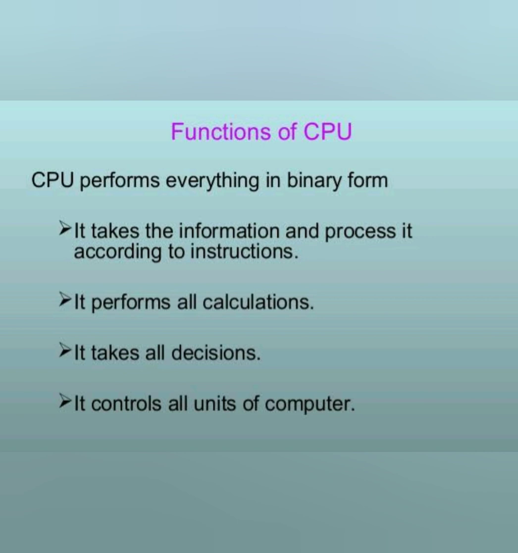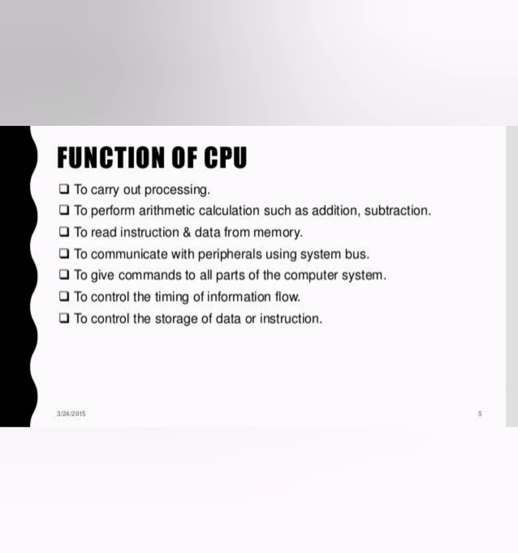These are also the main functions of the CPU, and it controls the operation of all the parts of the computer. That is, it has to control all the parts of the computer, and it stores the data, intermediate results, and instructions. The CPU is responsible for storing data, displaying the results and instructions. So these are the four main functions of the CPU.